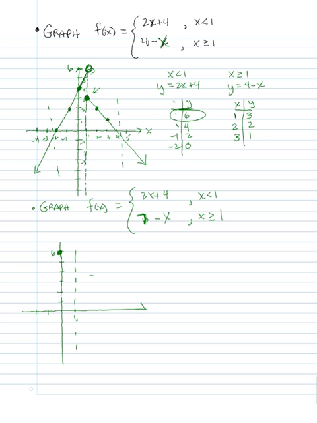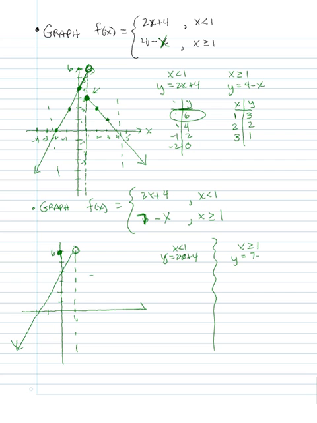Ignore that dot I made. We had an open dot here, didn't we? And then the graph came down and did something like this. Okay. Just imagine that we went through all the process. And so that was for x is less than 1, and we graphed y is equal to 2x plus 4, just like before. Okay. Now, on the other hand, when we have x is greater than or equal to 1,